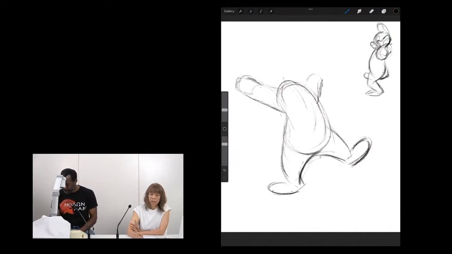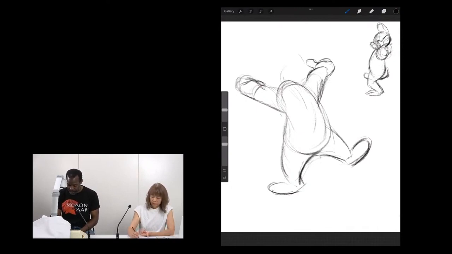It's really important to make sure that the pose reads clearly. ポーズがしっかり、はっきり、わかりやすく見えるっていうことが大事です。